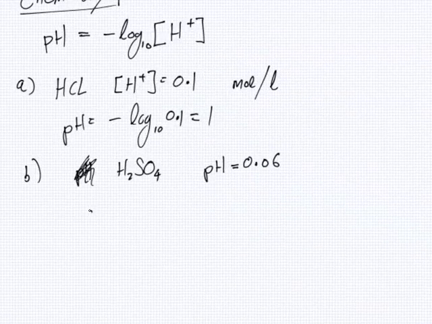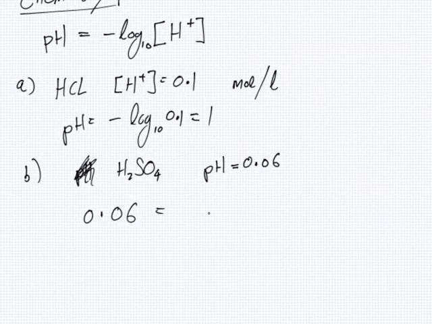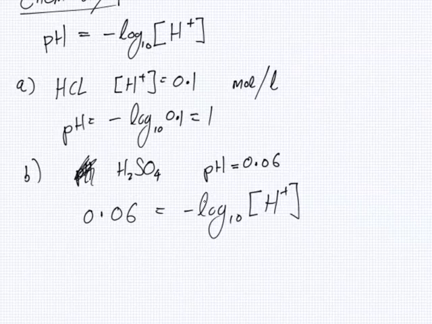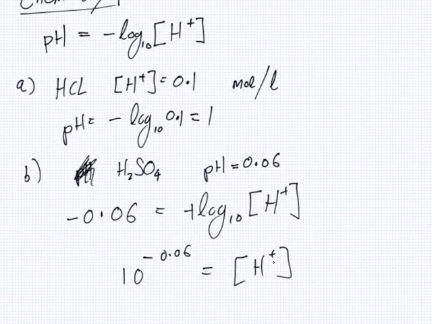So here we have 0.06 equals minus log base 10, the concentration of the H plus. So what should I do first here? I'm going to bring the minus over to the left, and then I just need to remember the basic definition of log, which says 10 to the power of minus 0.06 equals the concentration. What do we get here? Let me just type in 10 to the power of minus 0.06. We'll get the concentration is